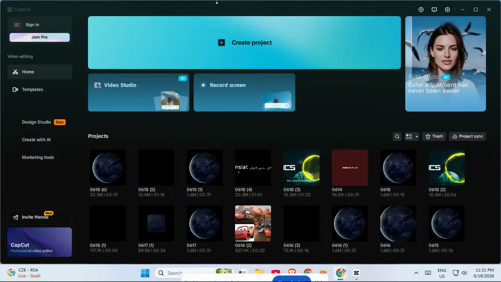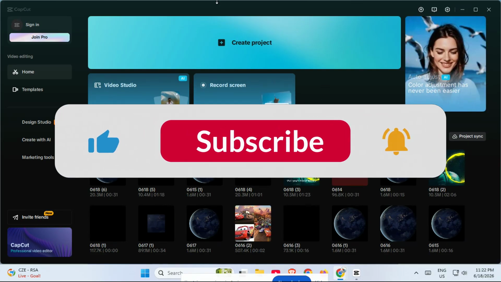If CapCut is stopping your export with error code 111, don't worry, because in this video I'm going to show you two simple fixes that usually solve the problem fast. This is a really common issue, and it can happen because of hardware acceleration settings or a corrupted cache inside the app. The good news is, you do not need advanced editing skills to fix it. Just follow along step by step, and by the end of this video, you'll know exactly how to try both